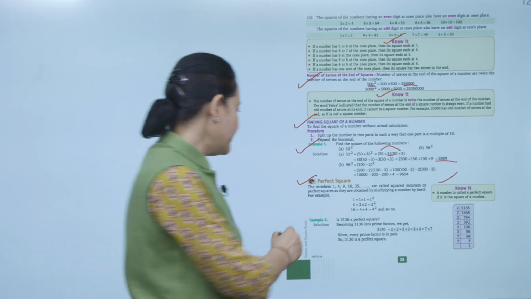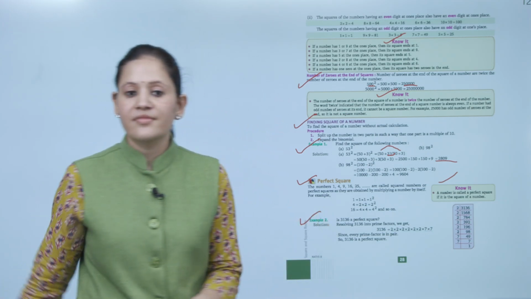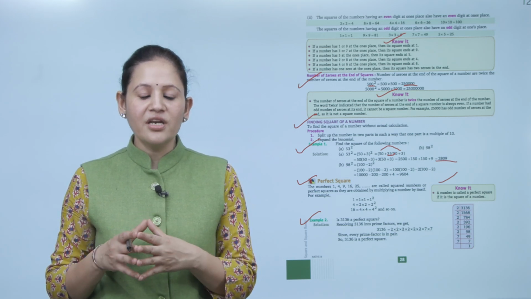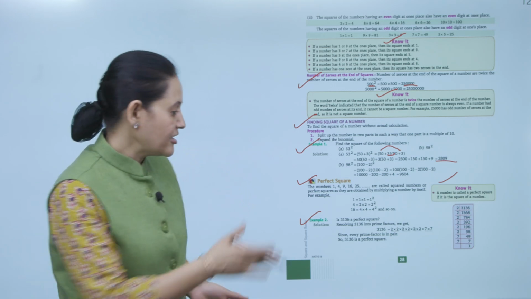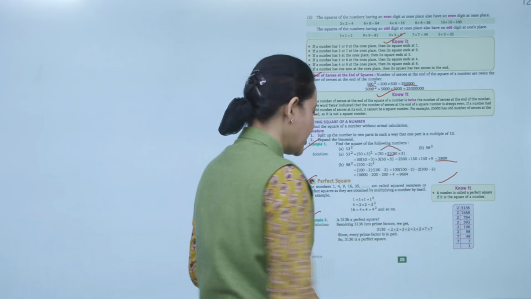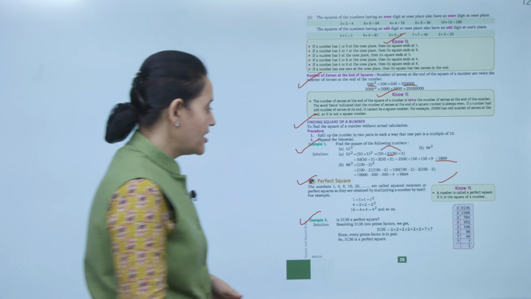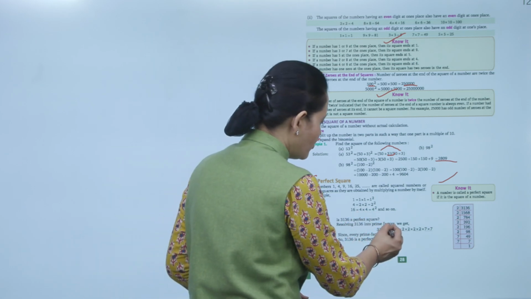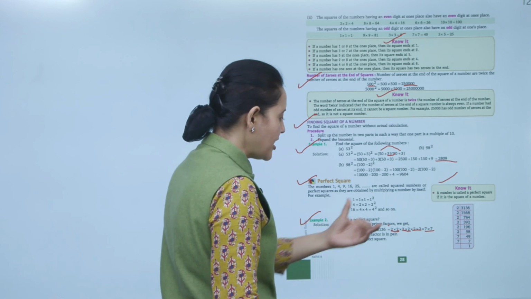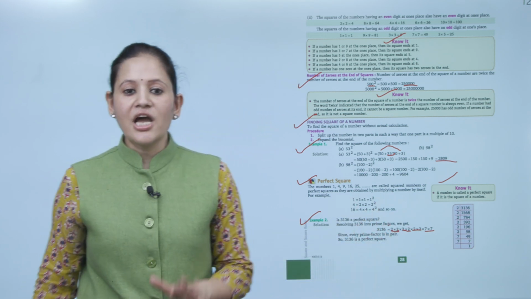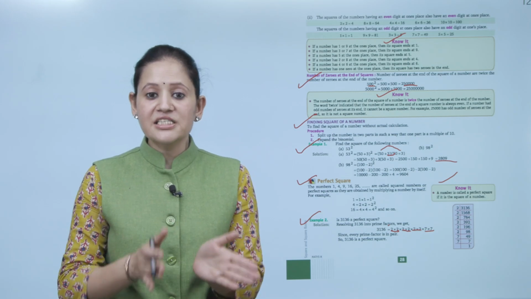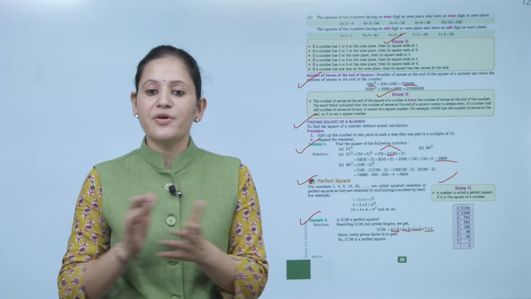Next, we'll take an example here. Is 3136 a perfect square? To find out whether the given number is a perfect square or not, first we'll do the prime factorization of the given number, write all the prime factors and make pairs of 2. So, 1, 2, 3 and 4. So, all numbers are in pairs. So, every prime number is in a pair. जितने prime factors हैं वो pair में हैं, that means it is a perfect square.